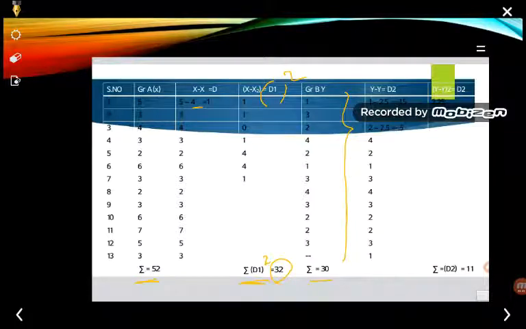Similarly we have to do the same for y. This is another sample, consisting of 12 children or 12 observations, where the summation is 30, and we get the mean. The mean is 2.5. We find the deviation by subtracting the mean from the variables. Here 3 is the variable, minus 2.5 the mean, so we get minus 0.5. By adding all these after squaring, we get the deviation of the second variable, which is 11.